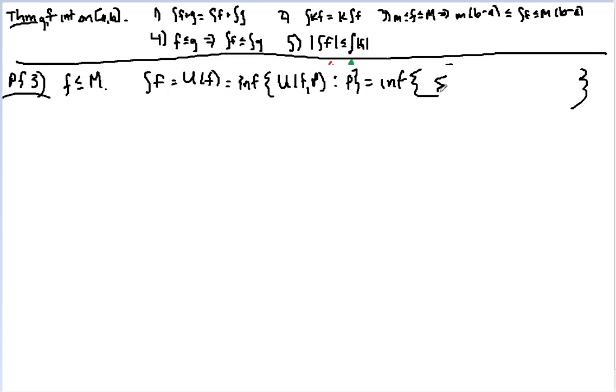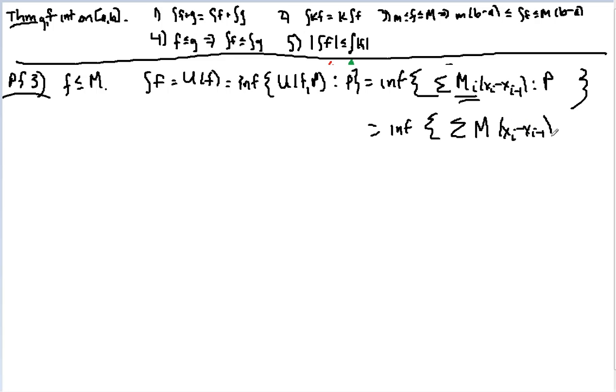the sum of the m_i times x_i minus x_{i-1}. Should be using delta x probably. That'd be a lot faster. Well, this m_i is the supremum of f in the interval. But the supremum of f is going to be less than or equal to M. M is an upper bound, so it's got to be less than or equal to the supremum in each interval. So I can replace this with the infimum of the sum of not m_i, but just plain old M over p. Oh, but by definition, this is the infimum of,